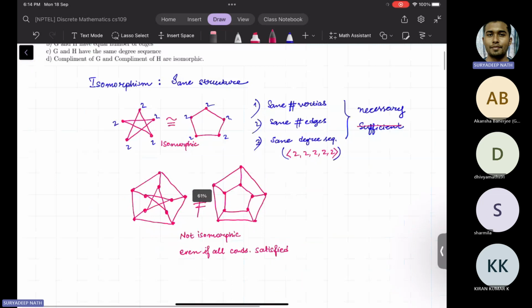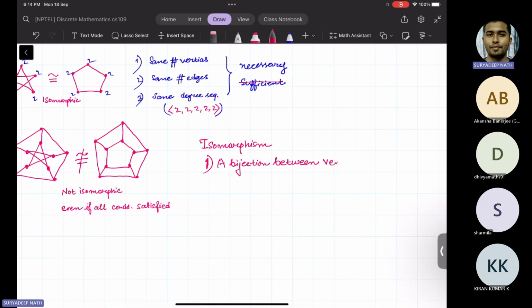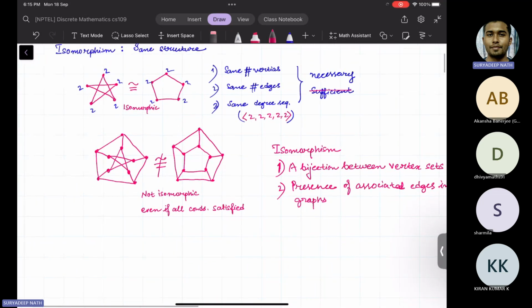So what is the test for isomorphism? Basically, one, you have a bijection between the vertex sets, and two, presence of associated edges in both graphs. What do I mean by a bijection? Bijection is a